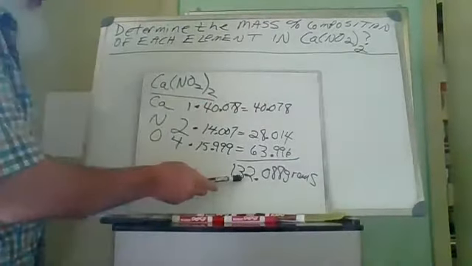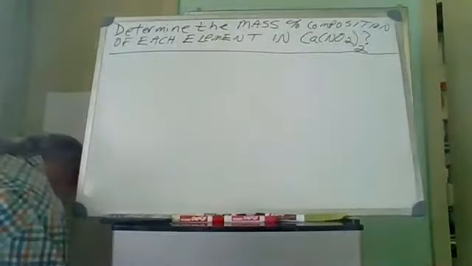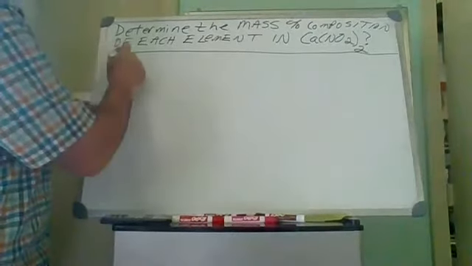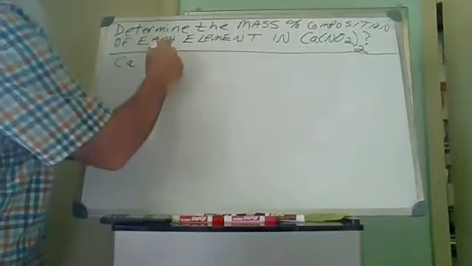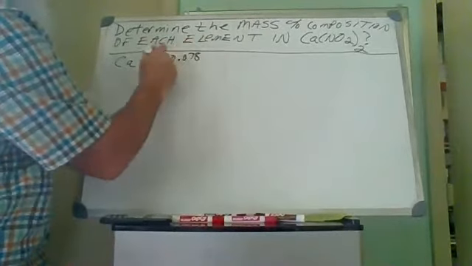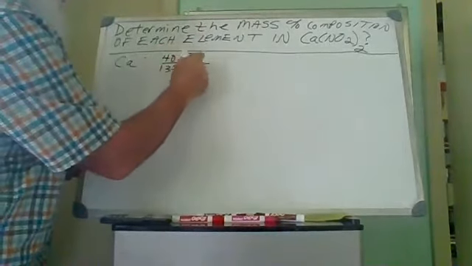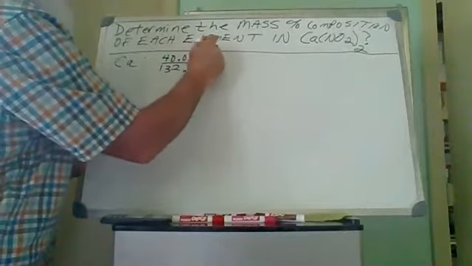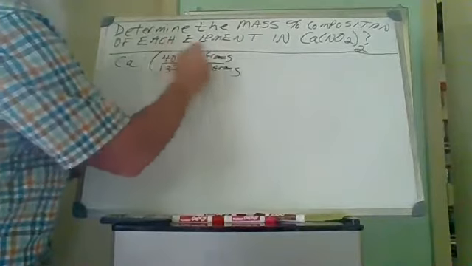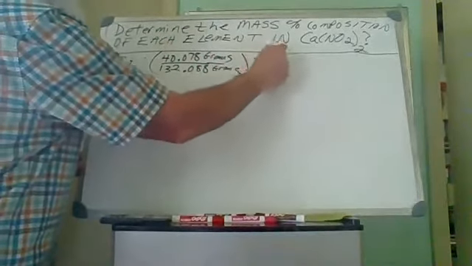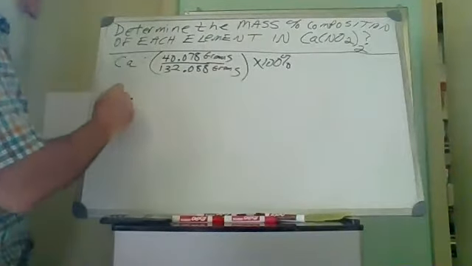Okay, so I'm going to remember this number. Actually, I have it in my memory. So I'm going to put calcium: the mass percent is 40.078 divided by 132.088. And if we want, we can put the units in here. Grams, they're going to cancel, times 100%. And let's see, for nitrogen, that's going to be